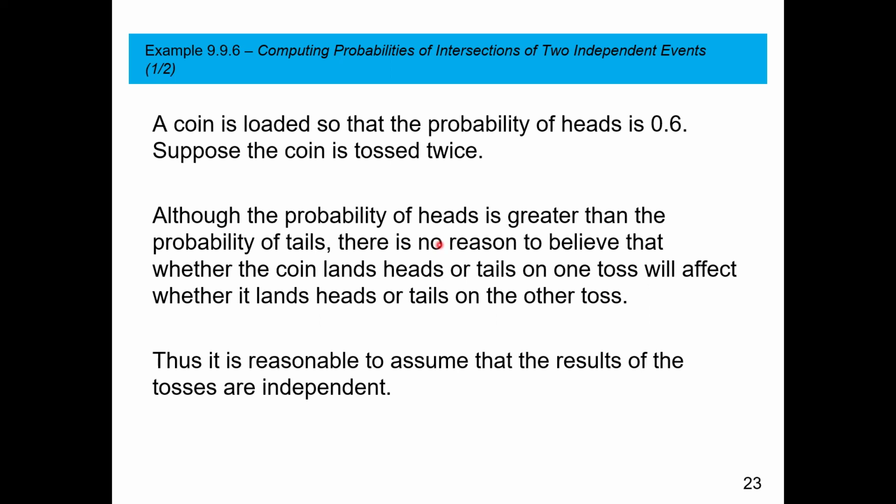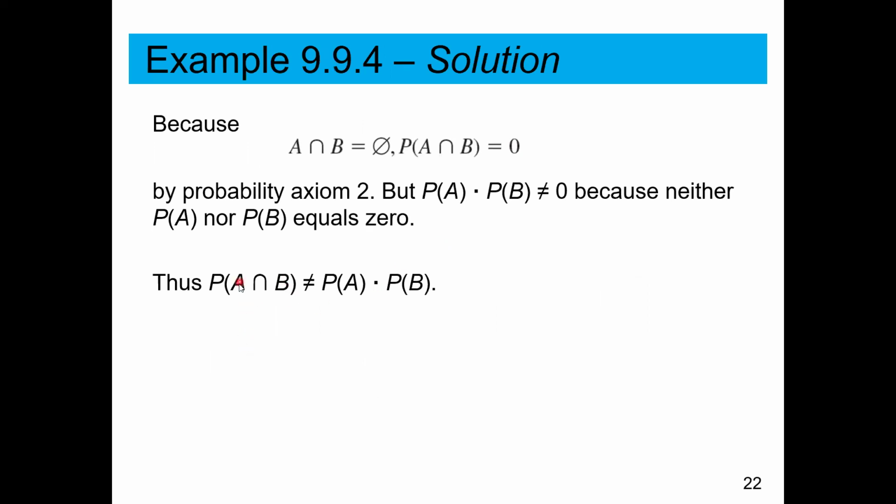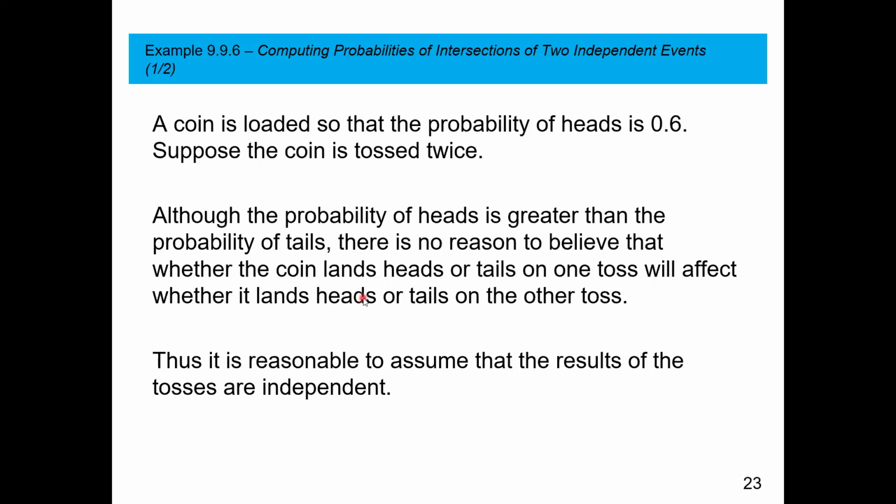It actually comes back to this right here. If you have a coin, what's the probability that you have a head and a tail on the same toss? Well, that's zero, but the probability of a head was 0.6 and the probability of a tail was 0.4. So this does not equate, which means they are